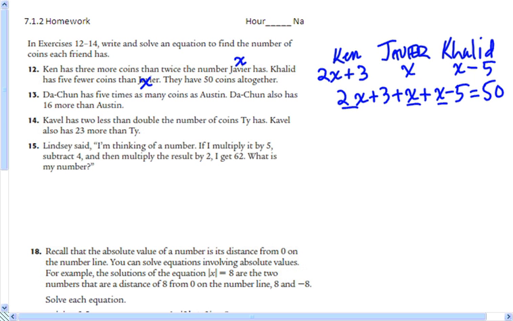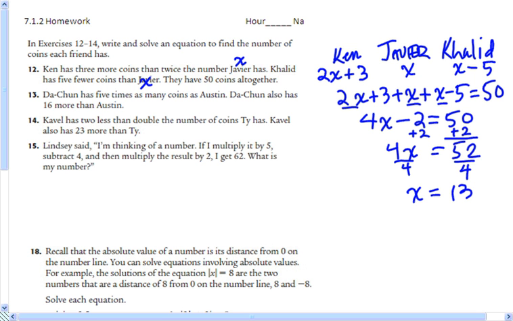2x plus x is 4x, plus 3 minus 5 combines to make minus 2, and that equals 50, and now we can just work backwards to find x. All you have to do is add 2 and divide by 4. Well, maybe let's do that. 50 plus 2 is 52, and divided by 4 is